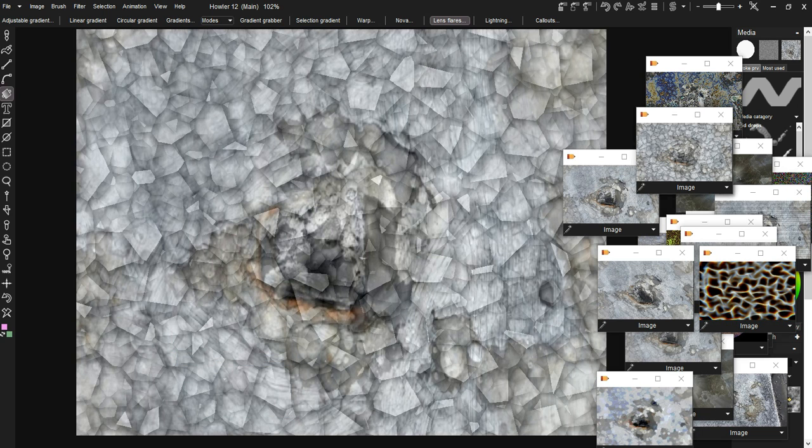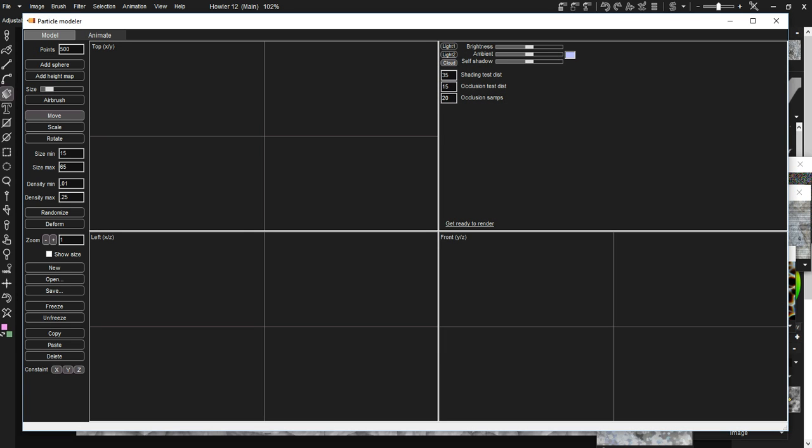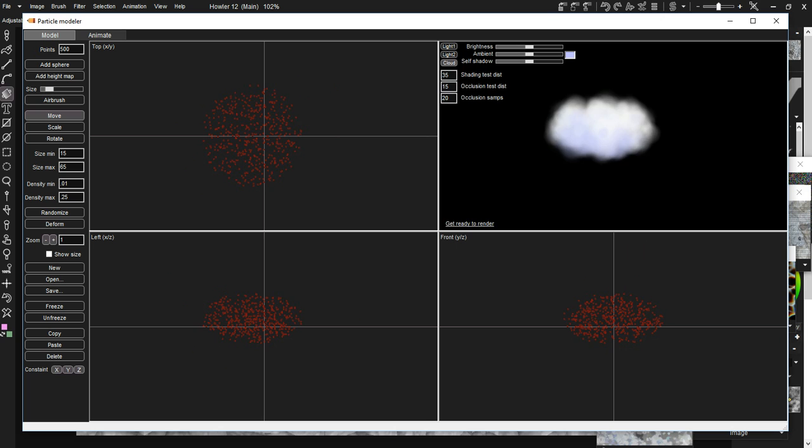Now, the particle modeler is really a filter by itself. You can use it for along an animation. I'm going to say no, I want it just on the current image. You can add a sphere. You can see that sphere from different views, and then you could say get ready to render. Click that, and now you have a 3D cloudy